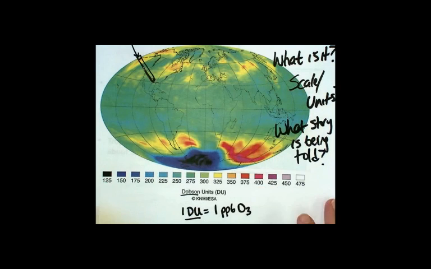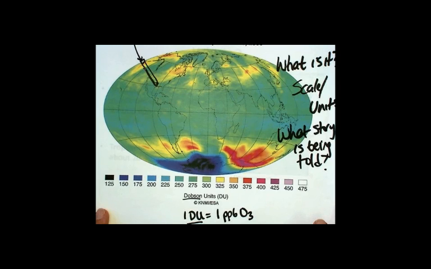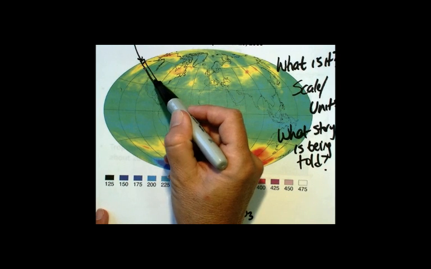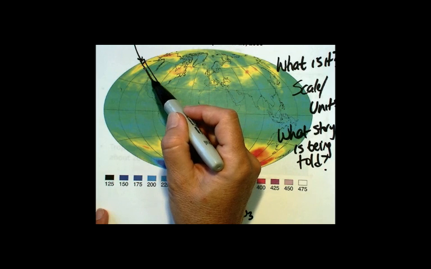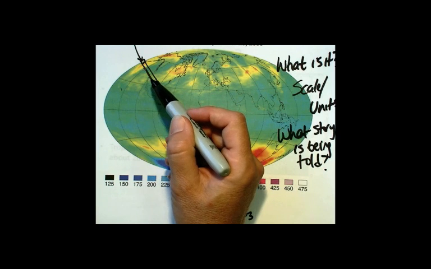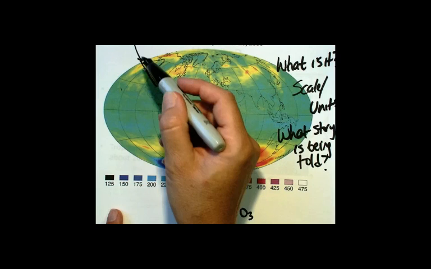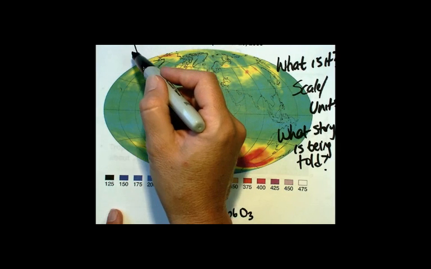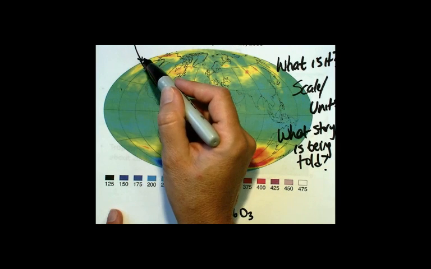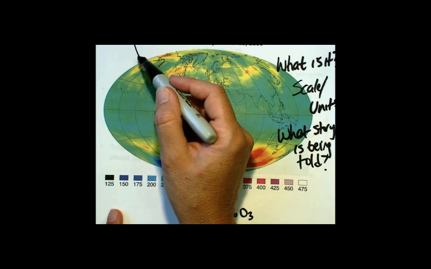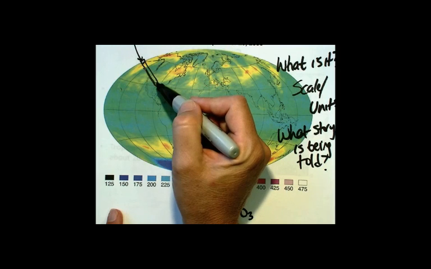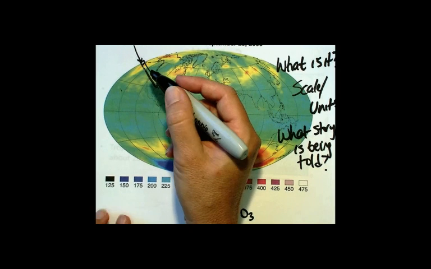column of air, given the number of total particles of air that you would find in that column, because remember, well, maybe you don't know this, but the closer you are to ground level, the higher the concentration of particles. As you get further and further away from the surface of the Earth, the pressure is less and less, and so the number of gas particles is less and less. So you're looking at the total number of particles in that very, very tall, skinny column, and in that regard,